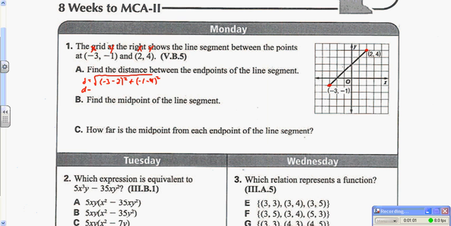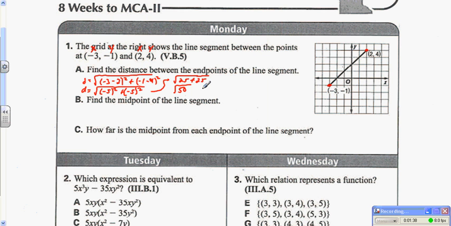which would give us the square root of -3 minus 2 is a -5 quantity squared, -1 minus 4 is a -5 quantity squared, which gives us the square root of 25 plus 25. -5 quantity squared is -5 times -5, so you get a positive 25. And this gives us root of 50,